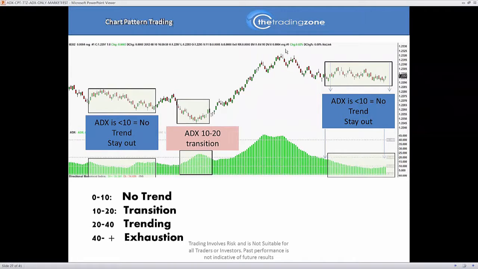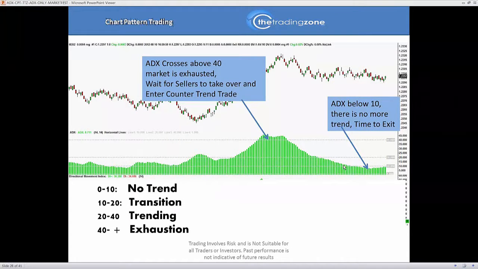We can see that. You could have also used that above 40 as an exhaustion play, counter trend, right? A counter trend trade at an exhaustion level. So you can do it on a trending trade if you like to be the guy that goes, or the gal that goes with the market, or you like to be the trader that fades. You wait for the trend to get exhausted, you find your signal, and you trade it back down to the downside. Where? Till below 10, right? You can hover between the 10 and 20, but you're going to reset when you get down below 10. So above 40, market is exhausted. Below 10,